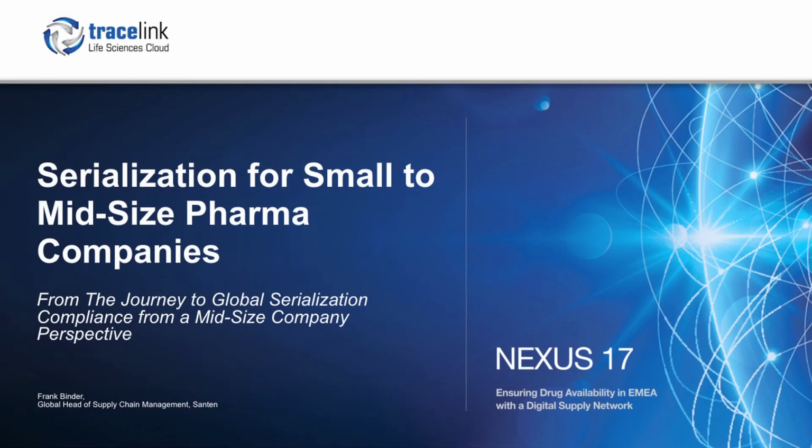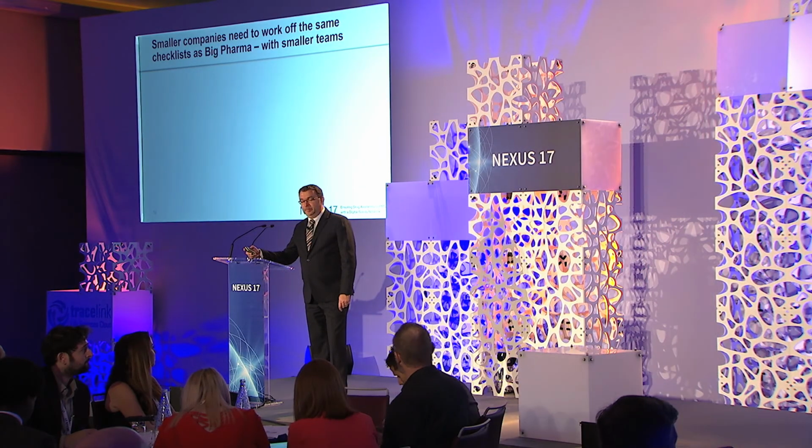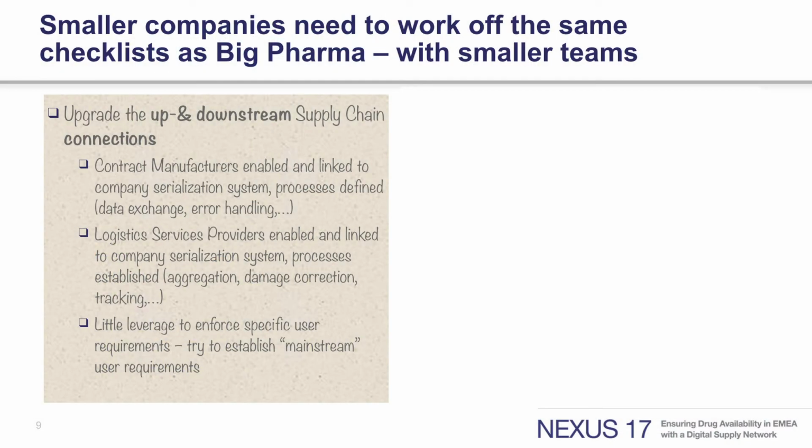Much of what we have to do anyways is working off the same checklists as a big pharma company. It's just that we have somewhat smaller teams. So one key factor is that we have to upgrade the supply chain connections up and downstream. Importantly, of course, we need to link with our contract manufacturers, make sure that they're enabled and that we have